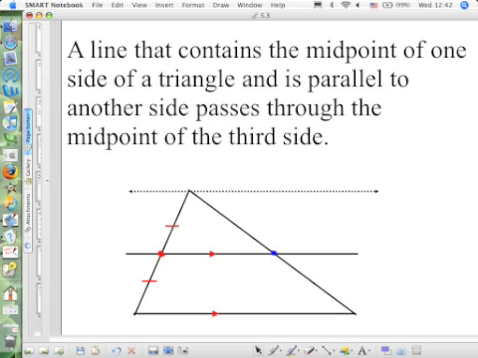So what can we do with this information? For one, we can figure out side lengths, or which sides are congruent to each other, okay? Because if it's passing through the midpoint here and it's parallel here, then it is also passing through the midpoint here. All right? If it passes through both midpoints and you don't know this, if this isn't given,